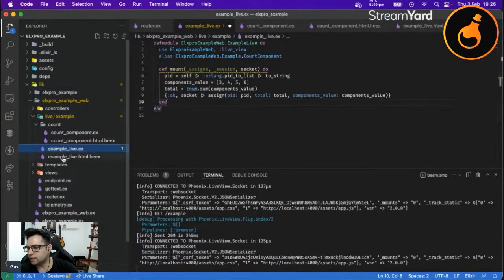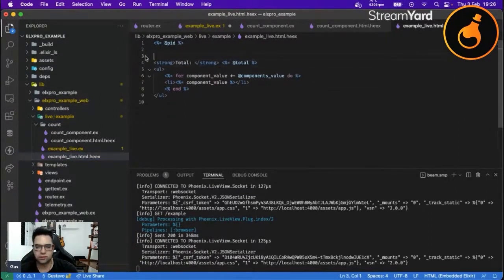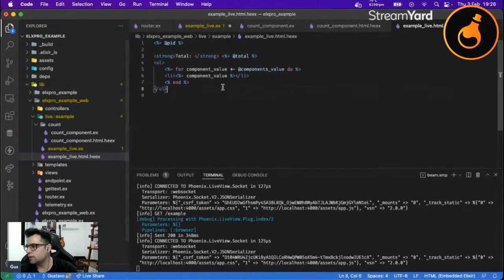We already have the alias. And then to call the component, we can do something like this. I'm just gonna comment this piece of code for now. Then let's call the component live_component. And here we need to pass the module, which is our